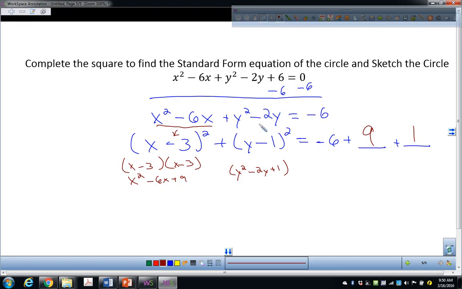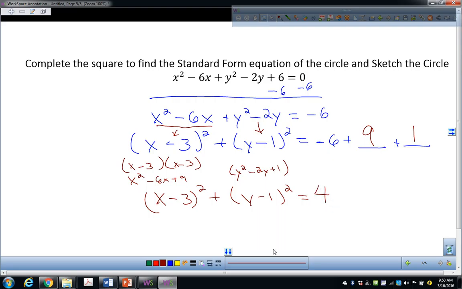When I rewrote this as this, I added 1 to the left side of my equation. So to keep my equation balanced, I need to add a 9 and a 1 on this side. Then I rewrite it: x minus 3 squared plus y minus 1 squared equals negative 6 plus 9 plus 1, which is net